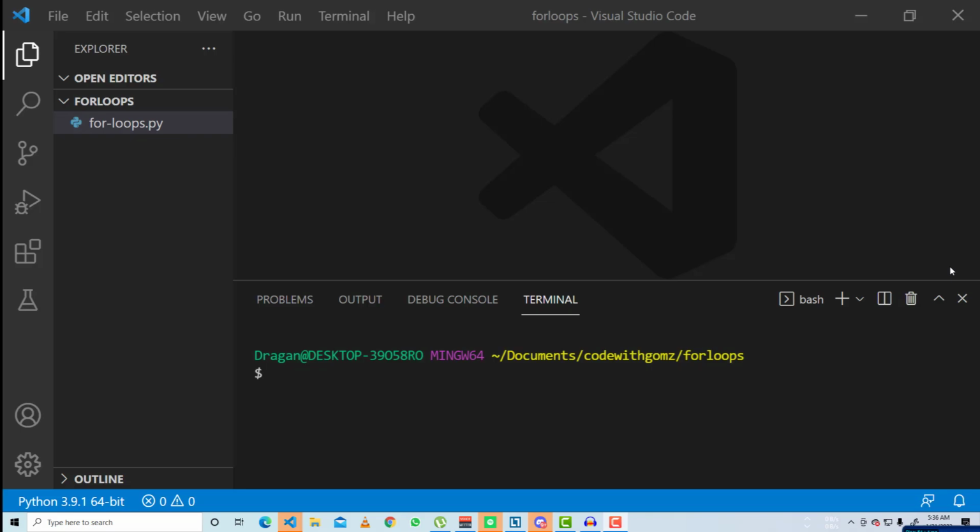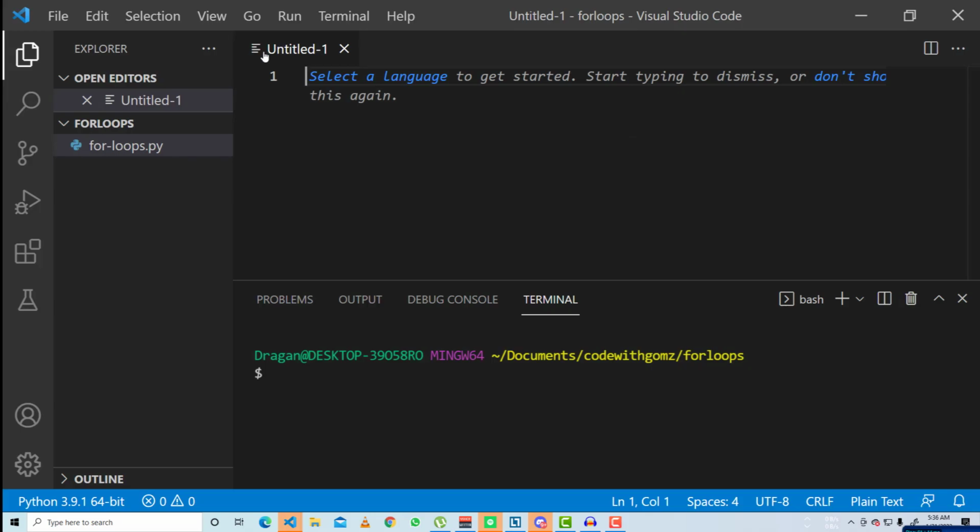So I'm here in VS Code. You can use any IDE that you have. I also like to use PyCharm sometimes. To get started, I've created this file for loops. By this time, I think you know how to do these things, so I won't waste much of your time discussing how I've created everything here. I'll just show you how you can create a